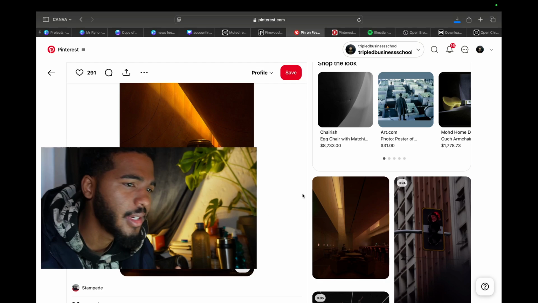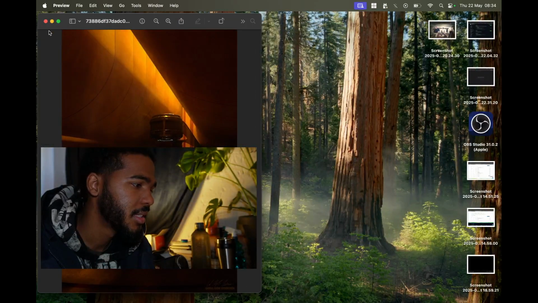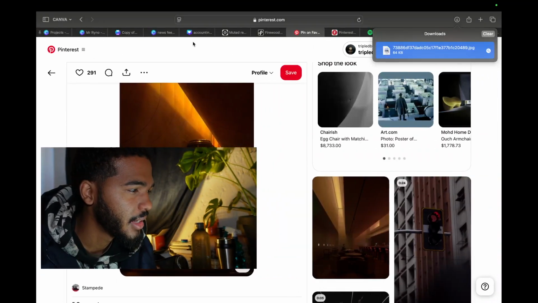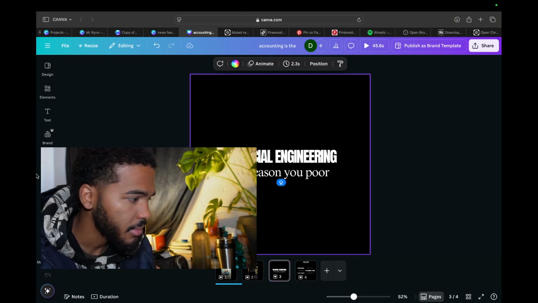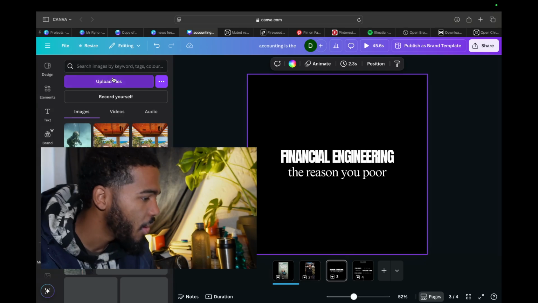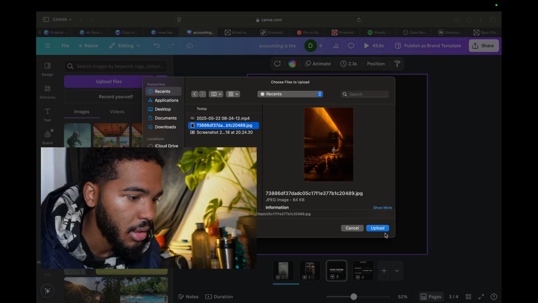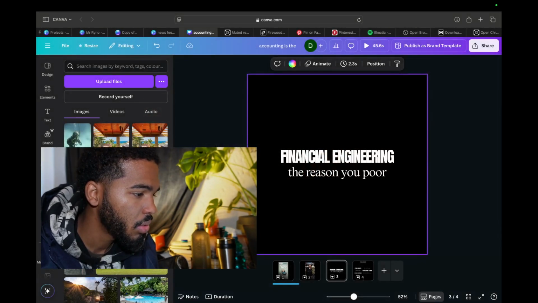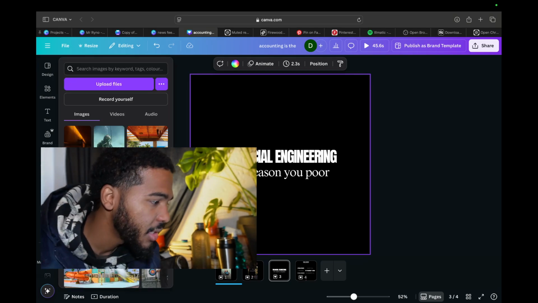You need to download the image. That's how you get the best quality. Then you have to open the image just so that it saves to your laptop, whatever you use, man. Then you need to upload it. Oh, I don't want to show you all of that. Hurry up, hurry up. Close. All of this stuff is just other people.